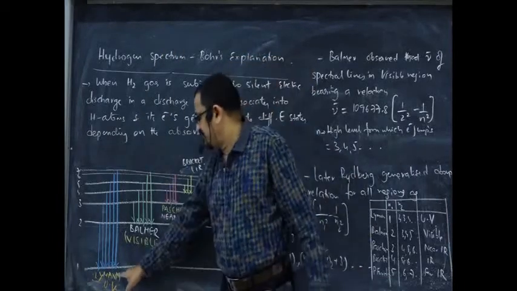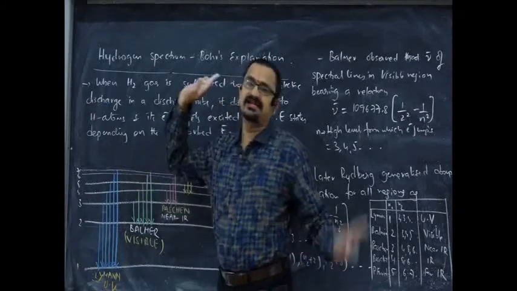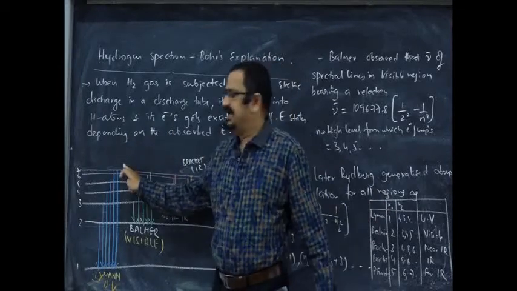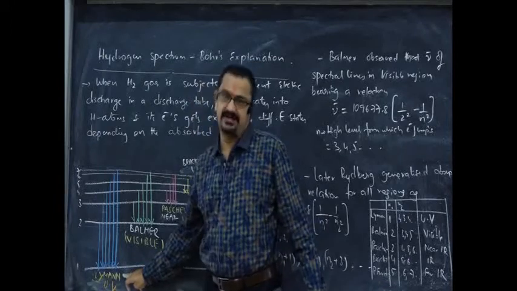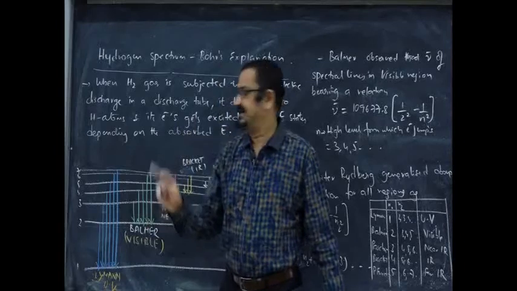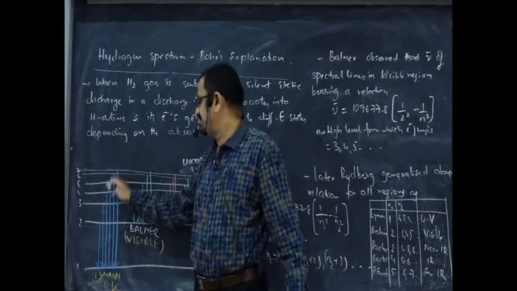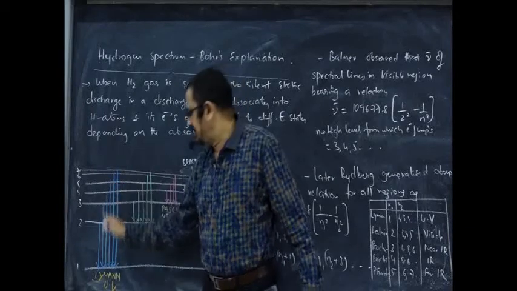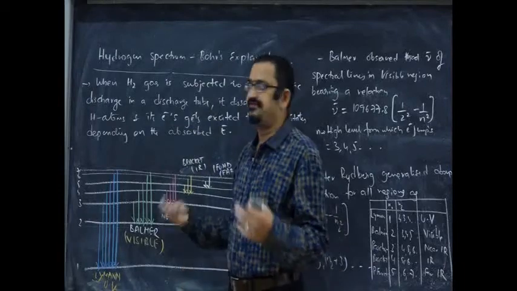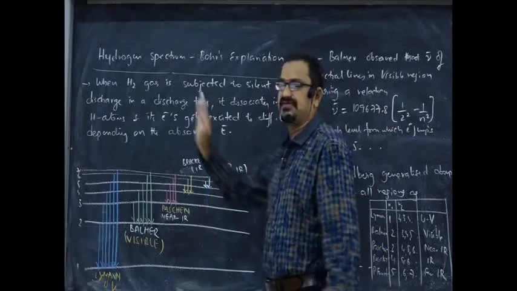Like, an electron from the ground state of hydrogen, the first energy state, jumps to the 7th energy state during excitation. Now, from the 7th state, it may directly come back to the first level. Instead, it may come to the 6th, and from the 6th it may come to the 1st, or it may jump to the 5th orbit, and from 5 it may come to the first level. Like that, this transition takes place in different ways, as a result of which a large number of different spectral lines